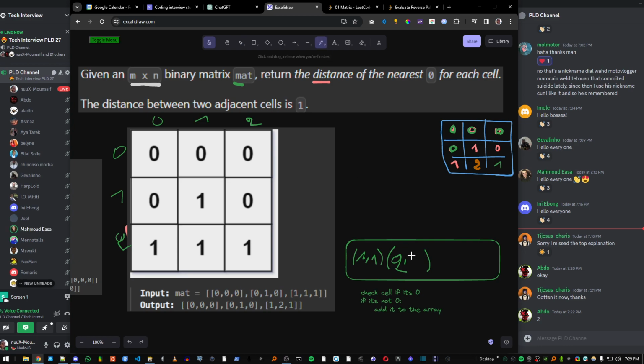Okay, I think you can move. If there is 0, add 0. If not, you can check above and right and left. If there is 0 above or right or left, write 1. If no, if there is 1, if there are no zeros above and right and left,